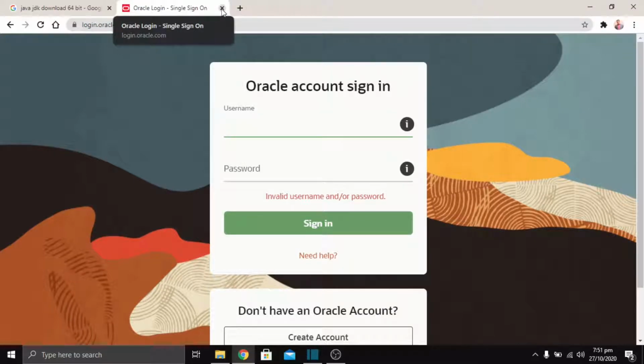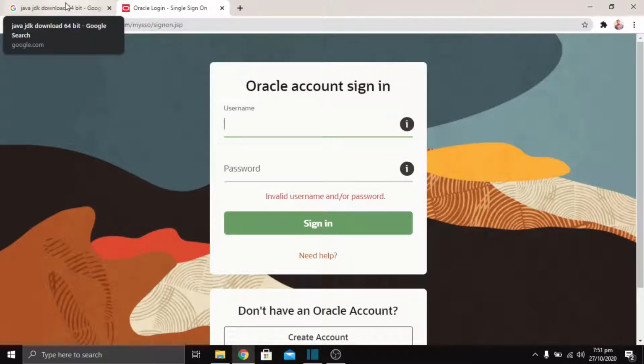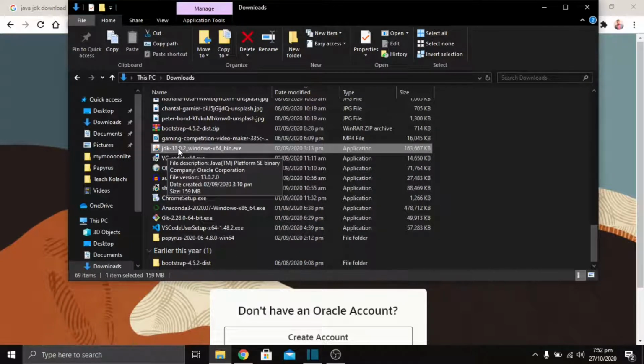So to save our time, I probably downloaded the software, so I can show you how we are going to proceed further and set up the environment variables in order to set up Java JDK, because it is required in many of the applications to have priorly installed Java development environment so that the application can run nicely. So I would show you that the downloaded file would be in the form of this JDK 13.02. This is the version of the JDK and this is for Windows. So after signing into your Oracle account, we are going to download this Java software.